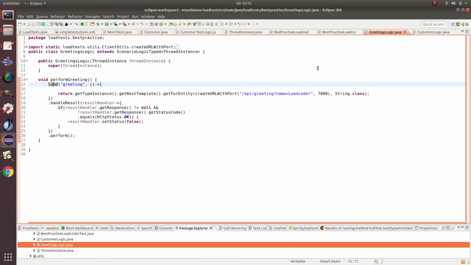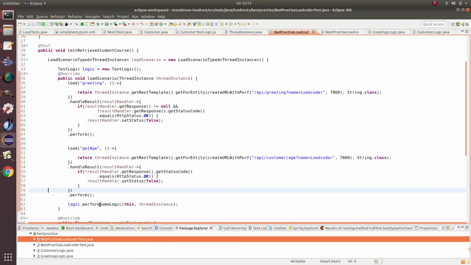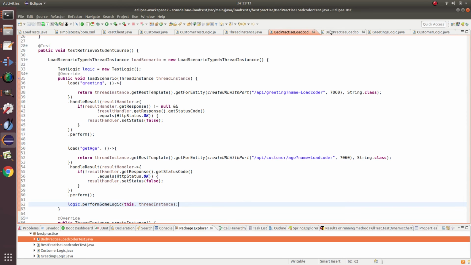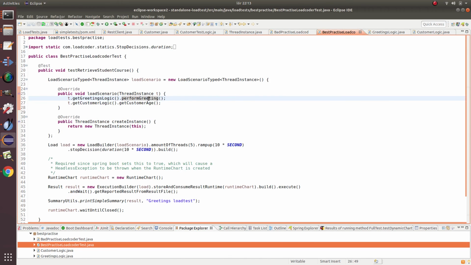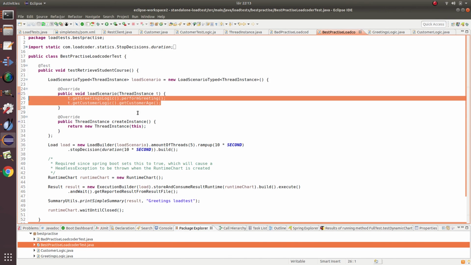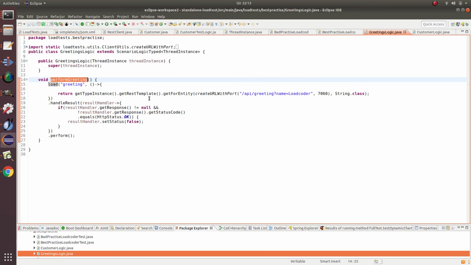transactions. Even though this has always been possible in Loadcoder tests, most tests are ending up in implementations where you need to send your scenario and type instances as parameters everywhere in the code. Not any longer. By extending 2 very simple superclasses, this will help you to get a good design of your